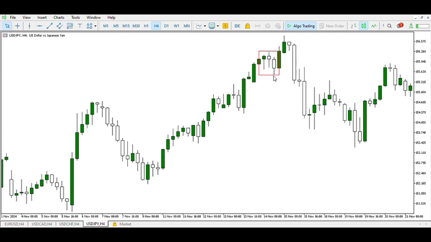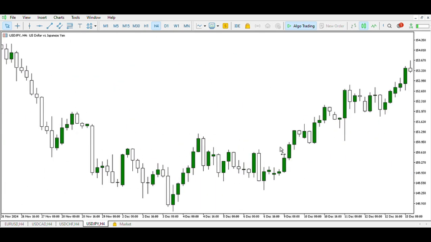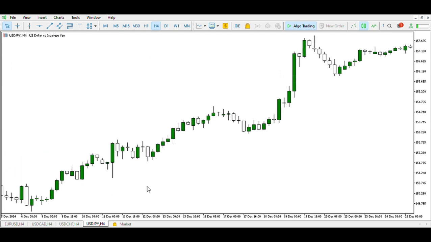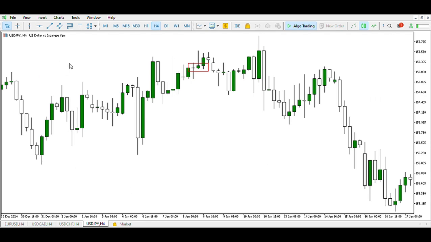So this is the candlestick pattern we are going to be trading with a break of market structure, and we are only going to be trading the London session. So now let us begin with USD/JPY. We are going to be backtesting from January to December. From January,